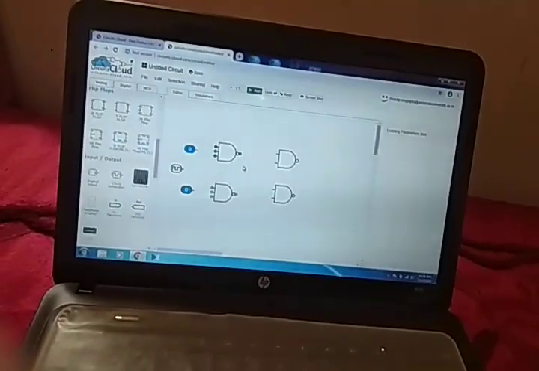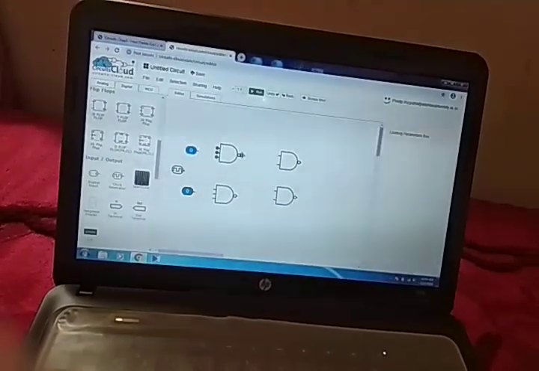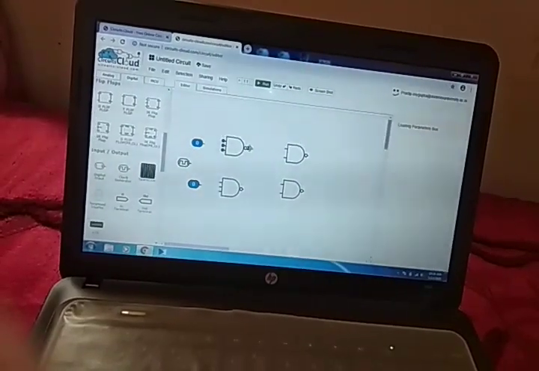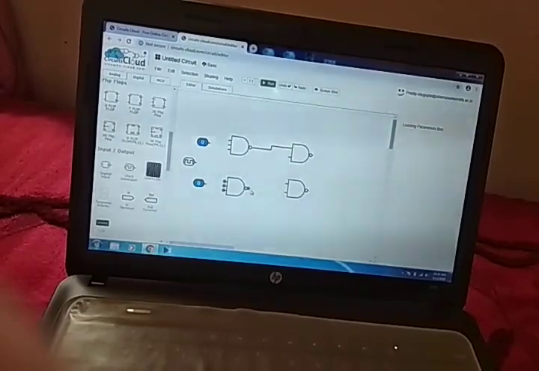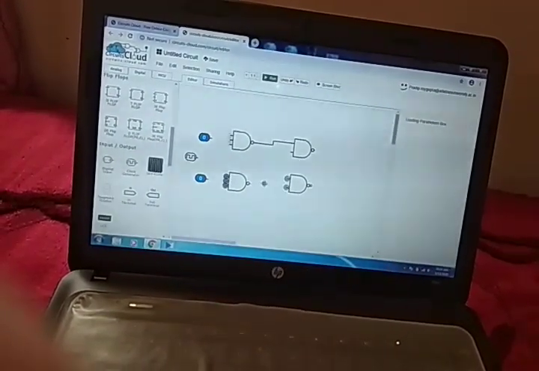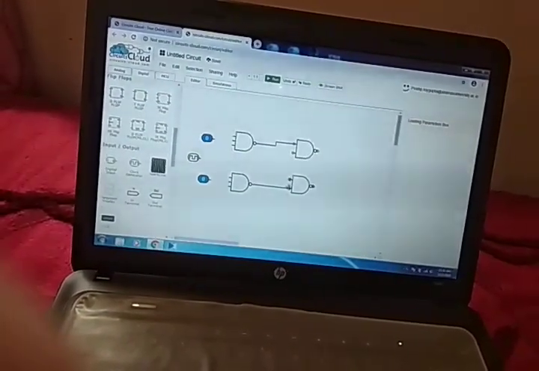Okay, now what we have to do, now connect these lines from this point to this point, and here also this point to this point.